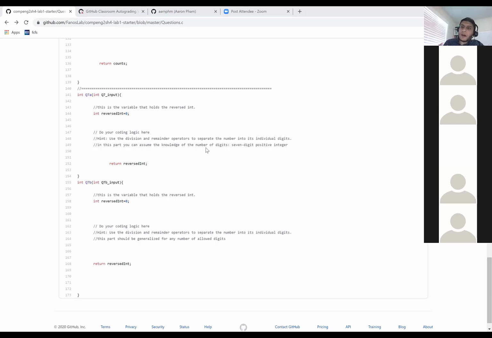The first part and the main kind of paradigm that I want to convey in this question is that you can write an implementation of a function